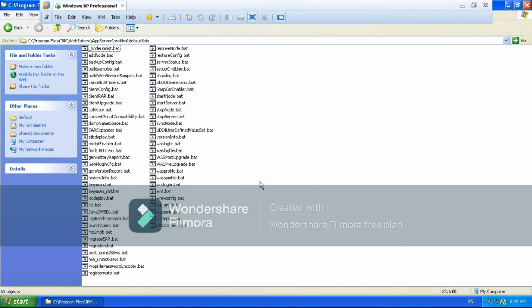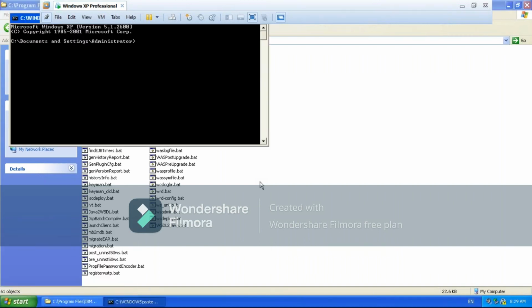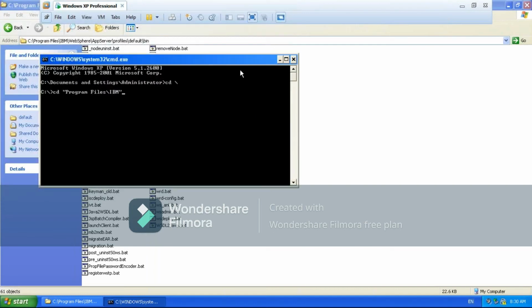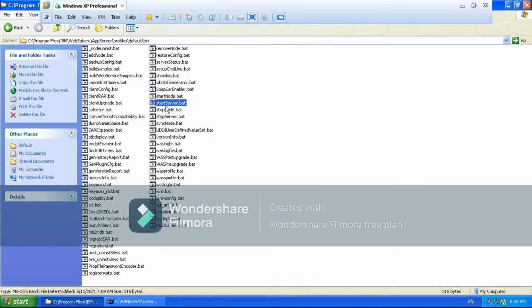So go to the command prompt, cmd, and cd to Program Files. If you want to start, you need to execute a command called startServer.bat. What is that? startServer.bat is a command line tool which is available in the bin directory of the default profile.